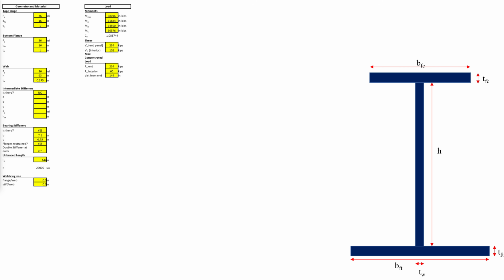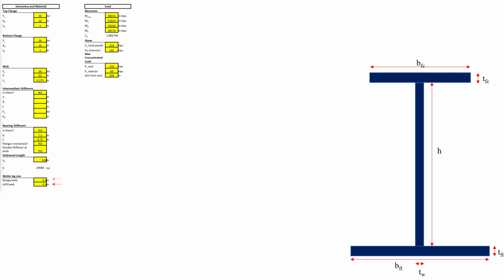We start by creating a list of geometrical inputs as well as material parameters of the beam girder and stiffeners, such as the top flange yield strength, width and thickness, bottom flange yield strength, width and thickness, web yield strength, height and thickness, geometry of intermediate stiffeners if they exist or not, whether there are bearing stiffeners, their width and thickness, and whether the compression flanges are restrained or not, and if there is a double stiffener at the ends, the unbraced length of the segment in question for flexural strength, weld size between the flange and the web